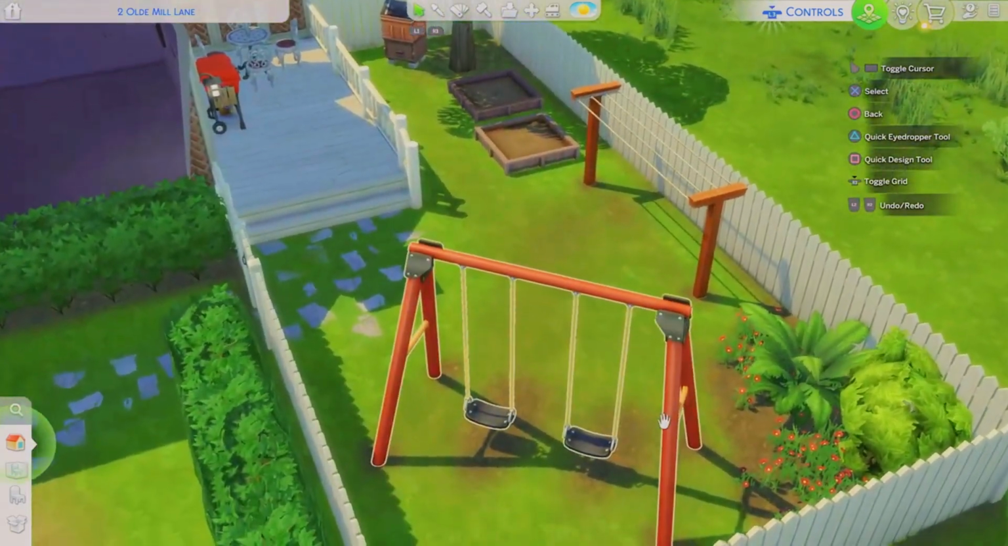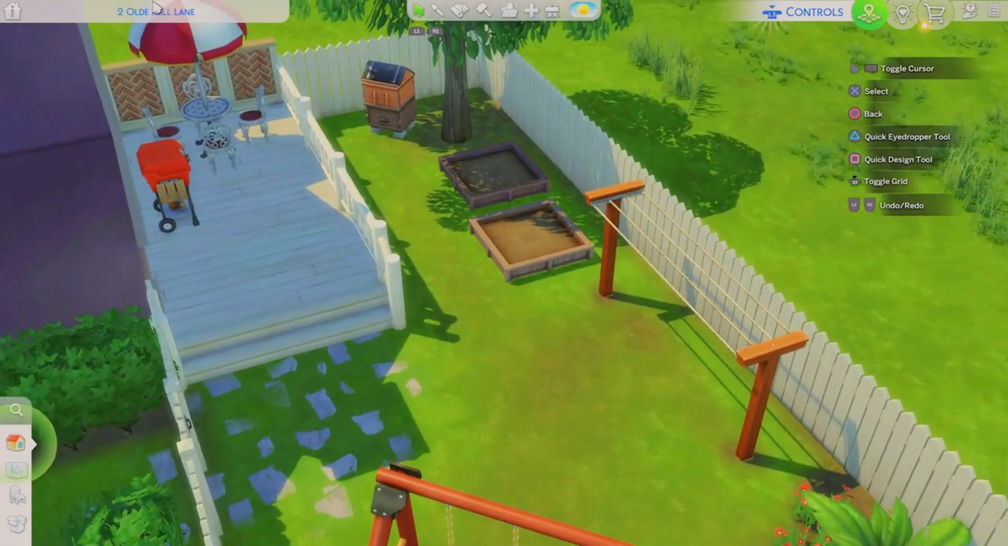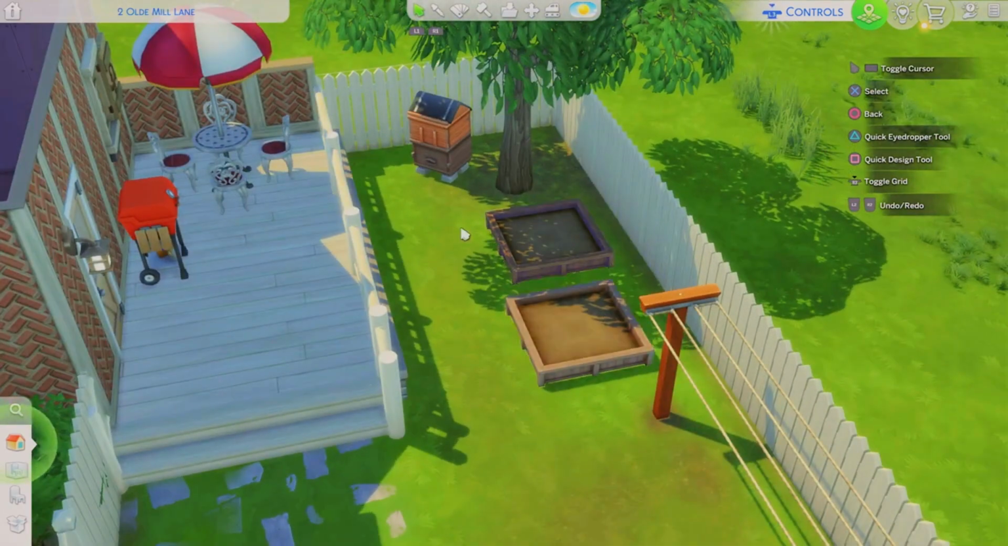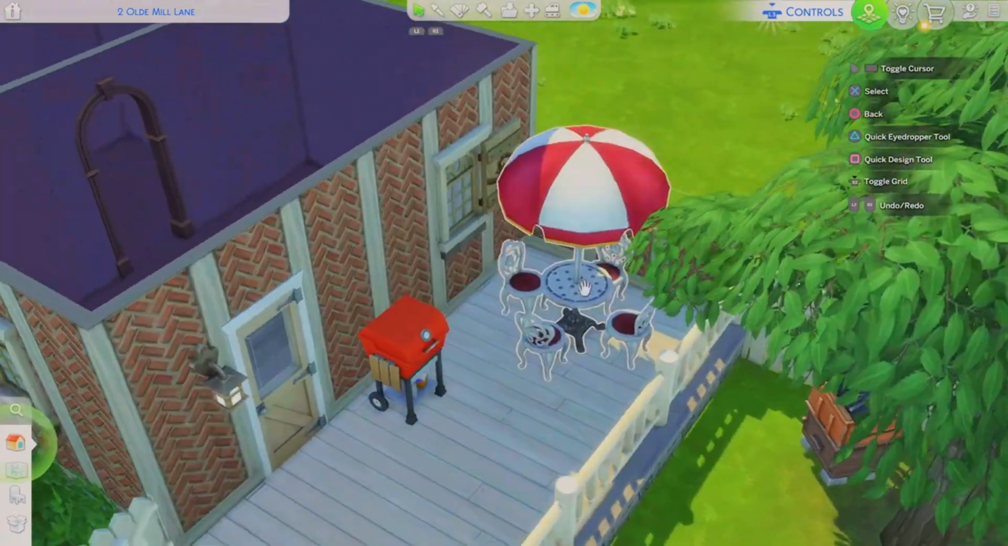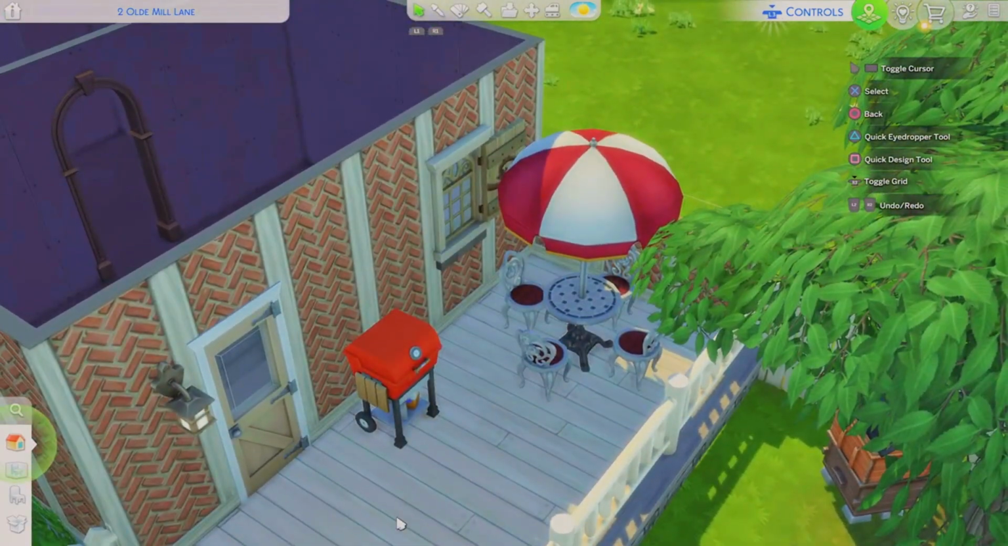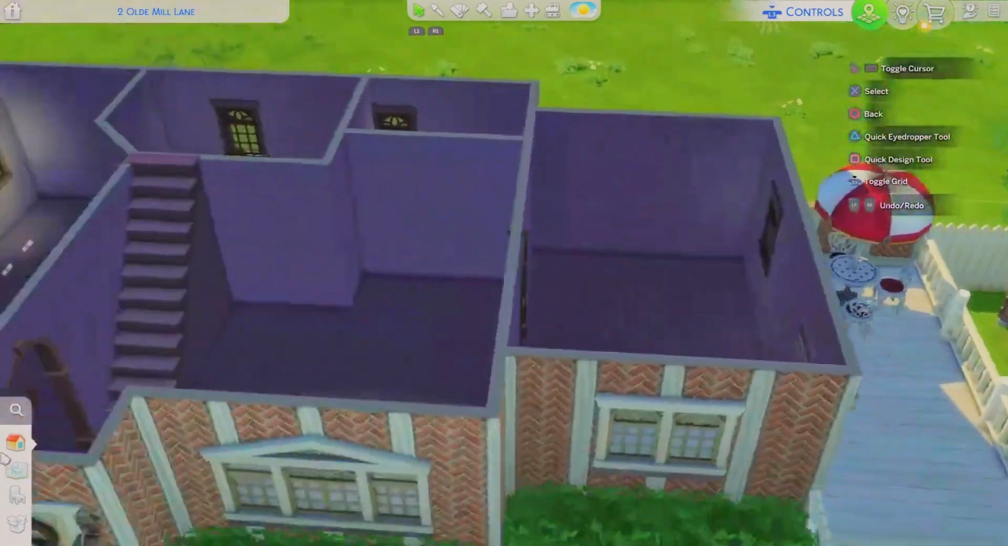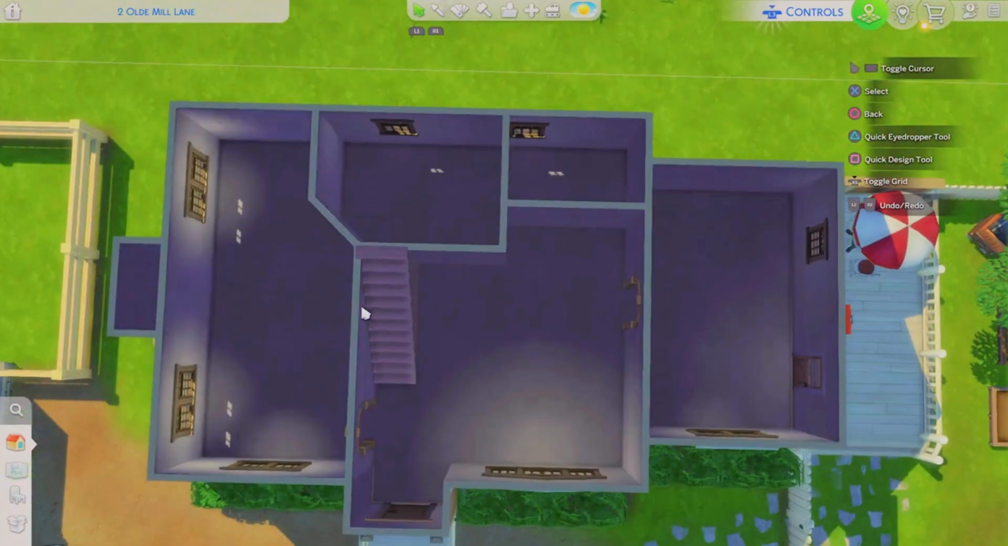There's a swing set for our child, a clothing line, and 2 little garden beds so that they can do that, and some honey. I put in a grill and a little outdoor seating area, and here is the floor plan for the inside